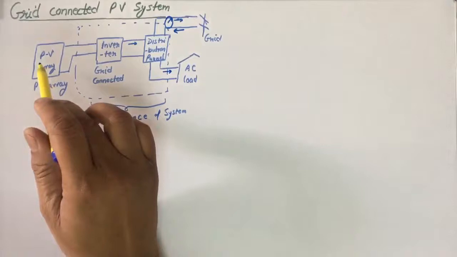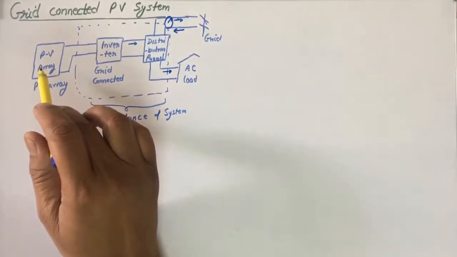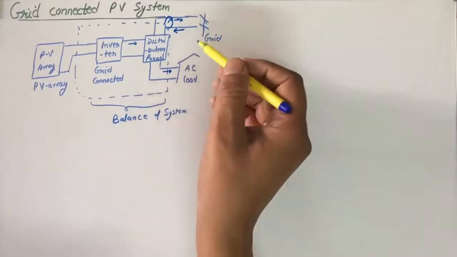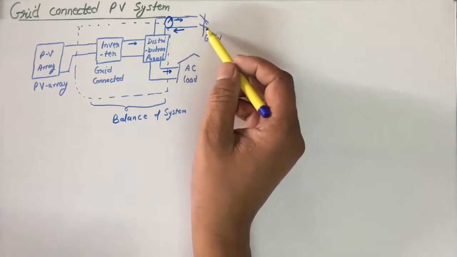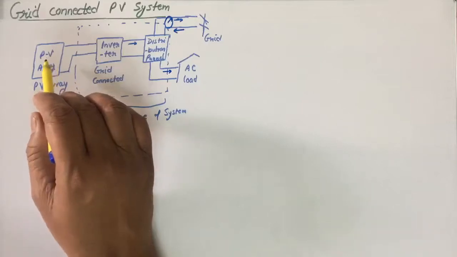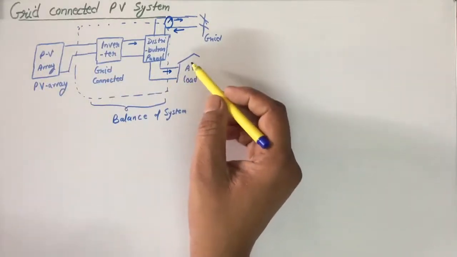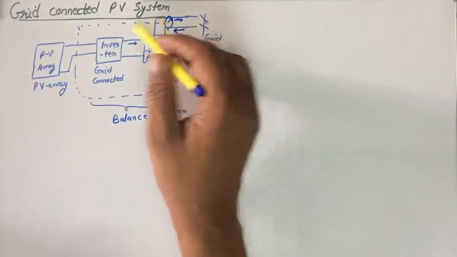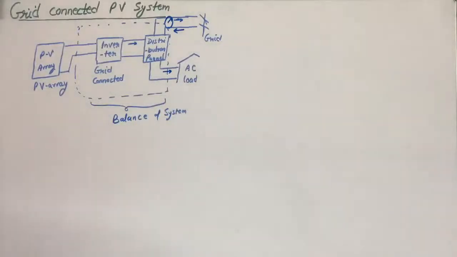Consider that the PV array is not able to generate sufficient power to feed the load. In that case, the power requirement of the load can be fulfilled from the grid, and when the array is generating more power than the load requirement, the excess power is fed to the grid. In that case, the system can have a tie-up with the grid through net metering. And all the individual parts of the system we have already discussed, so no need to repeat them.